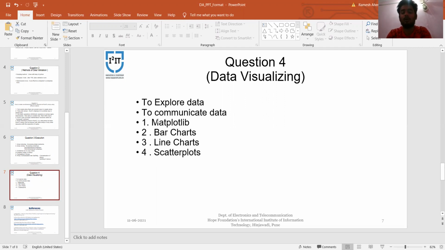It provides an object-oriented API for embedding plots into applications using general purpose GUI toolkits like Tkinter, wxPython, Qt, or GTK. MATLAB was originally invented by John D. Hunter.